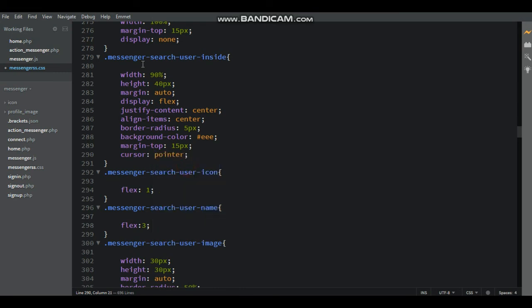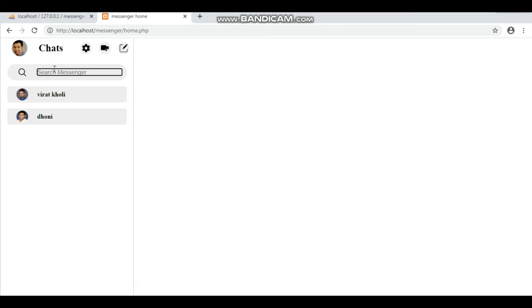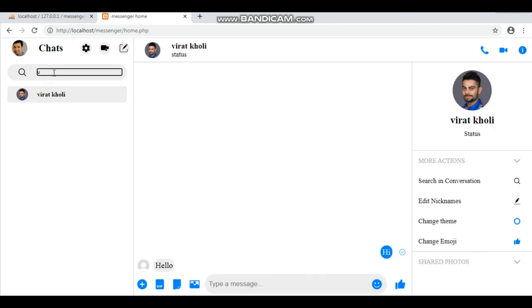Now here that is finish the search users profile click. Fetch the search user chat top navigation bar and also profile information on the right side.